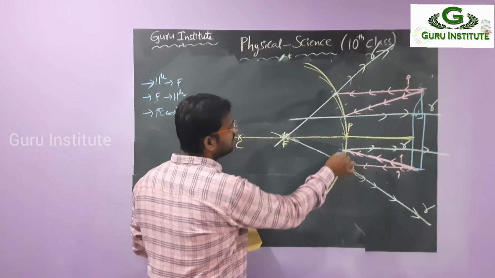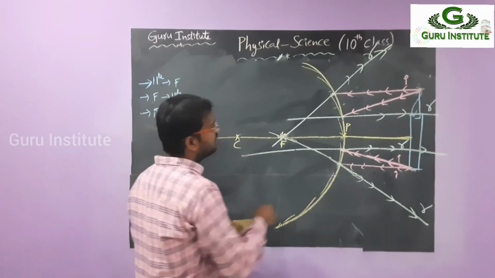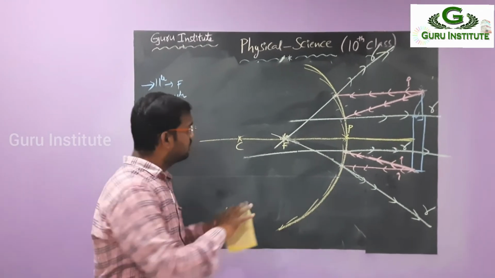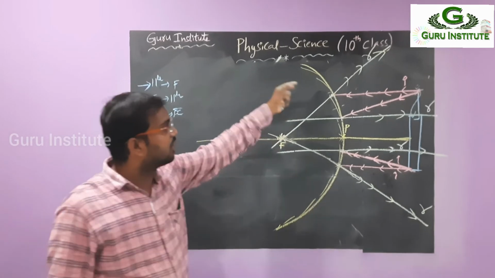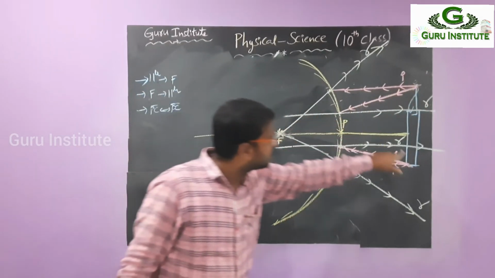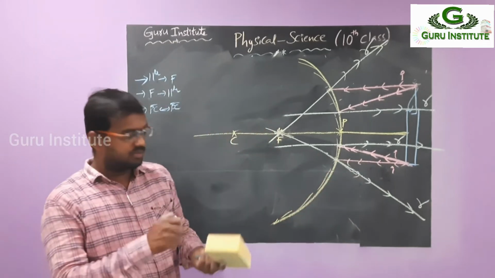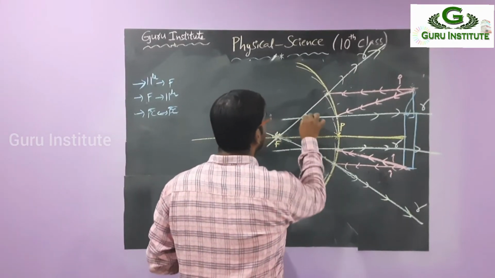You can use the scale. Suppose this one, if you extend, what happens? It will move like this. So what do you get here? Point, right? So in the convex, what happens? Top is formed at the bottom, bottom is formed at the top. Here, see here, top is formed at top only, bottom is formed at bottom only. This is the observation. So if you draw this one, what will happen? So this is the formation of images here.